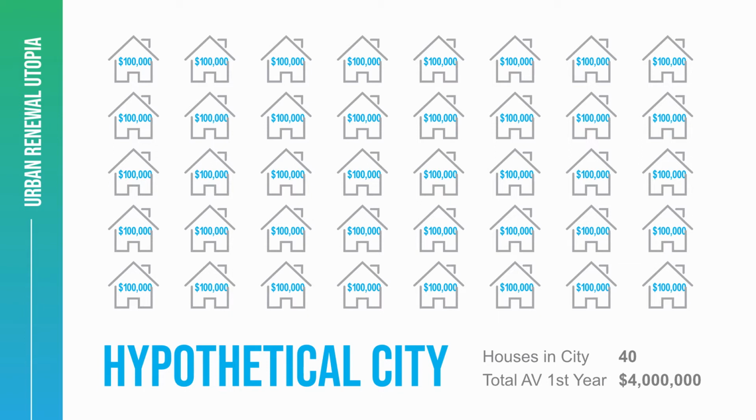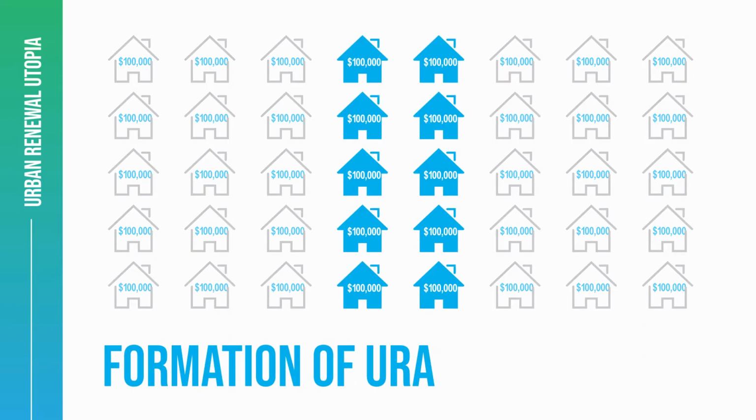In this city, there are 40 houses, each with an assessed value of $100,000. This means the total assessed value in the hypothetical city is $4 million prior to forming an urban renewal area. In the following year, this hypothetical city forms an urban renewal area. This urban renewal area contains 10 houses and $1 million of assessed value. This is within the 25% of citywide assessed value threshold for urban renewal areas in a city the size of